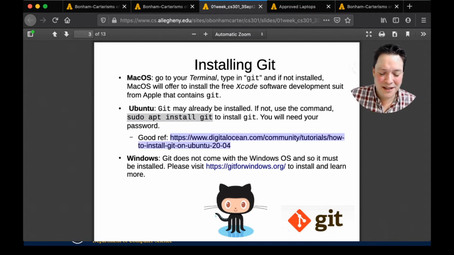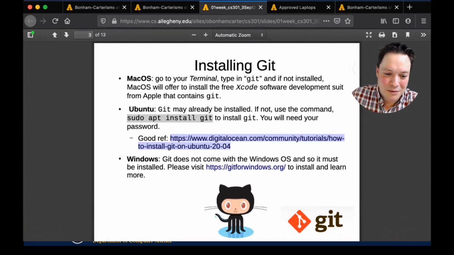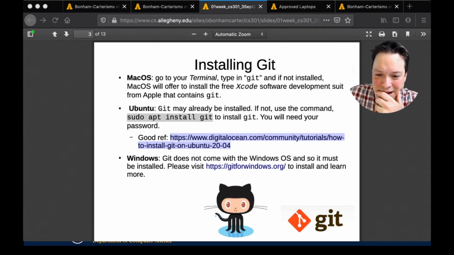One thing I would like to add, though, is I did find there's a website out there called DigitalOcean. They sell cloud-based technologies, but they do have a very decent tutorial on how to install and get Git running here. And so whether you're using a Mac or Windows or Ubuntu, you can still check out that link and see whether there's anything there that could help you to learn how to use Git more effectively. I think that's enough on that.